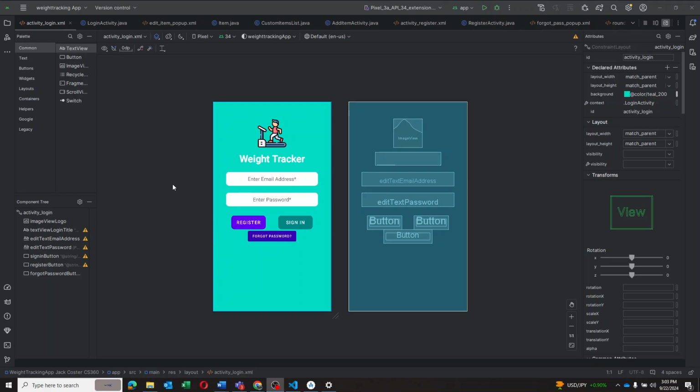Starting off, we have the login page where we can see the text fields for email and password, and then the buttons for registration, sign in, and forgetting the password. All these three buttons are connected to functions that query the database, making sure that the fields were filled in, and if the information is wrong, having good error handling, and then going to the forgotten password page or to